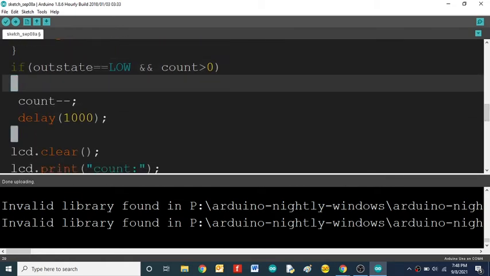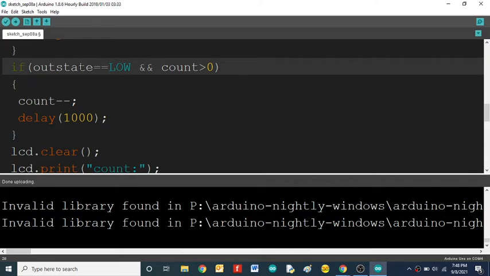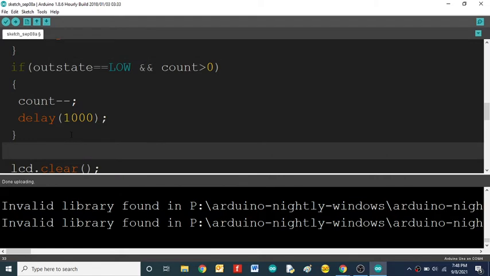So if the exit sensor is detected and if the number of count is greater than 0, then only I will decrement the count. So then another condition, if count greater than count, or count